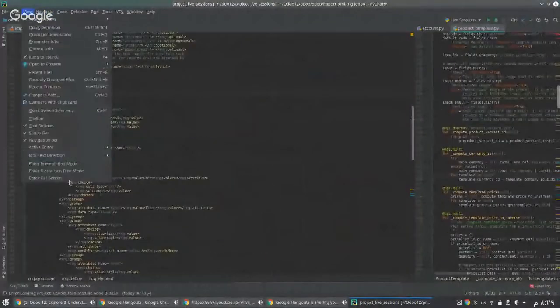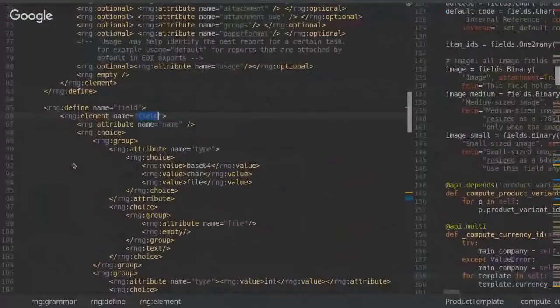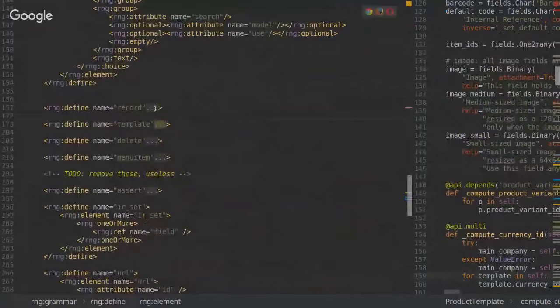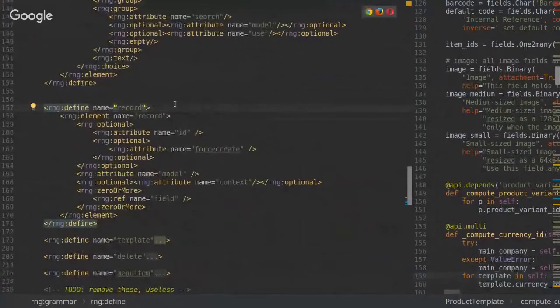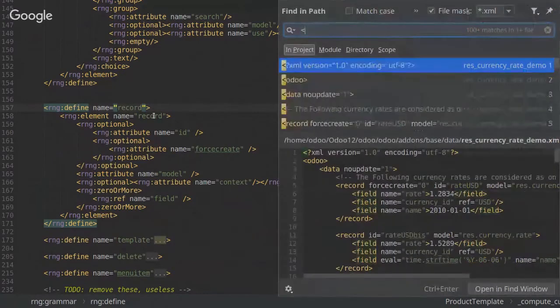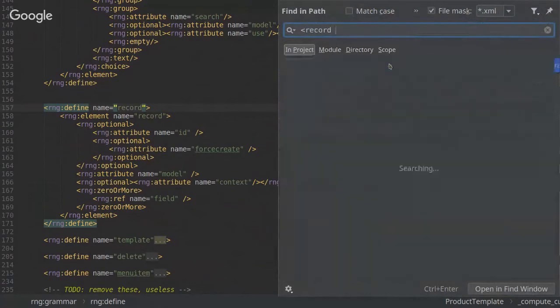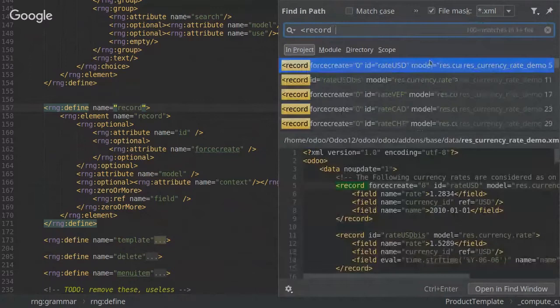Okay. So this is for field. The record, normally a record can have ID and name. That's it. So if you have a tag for record, it will have ID and name, and these are